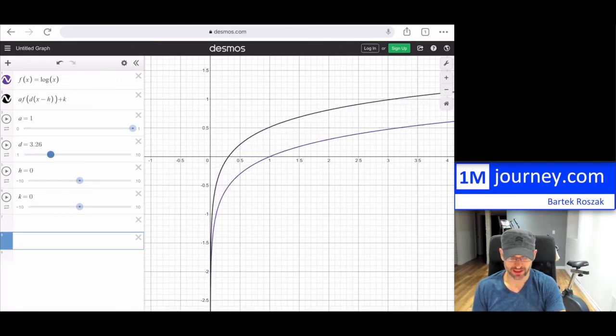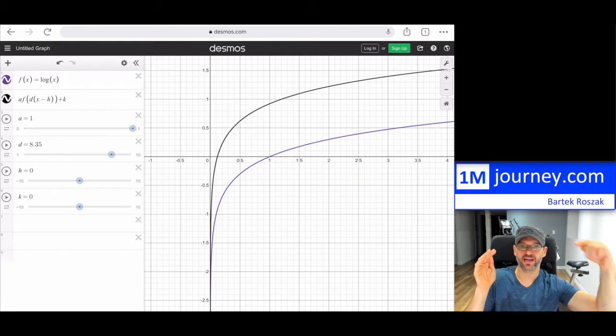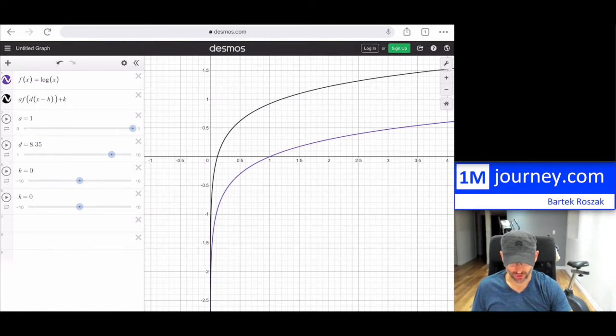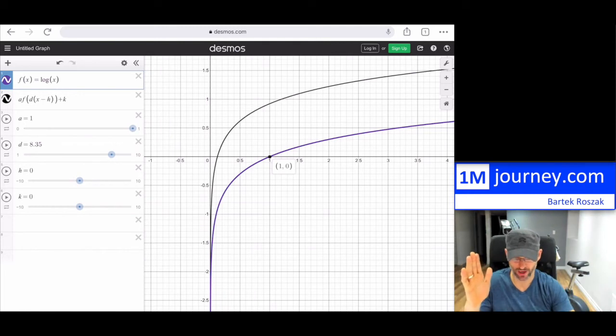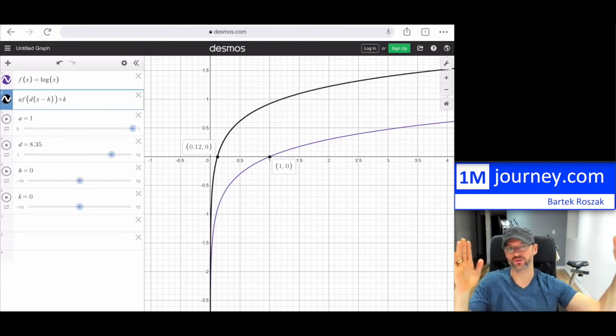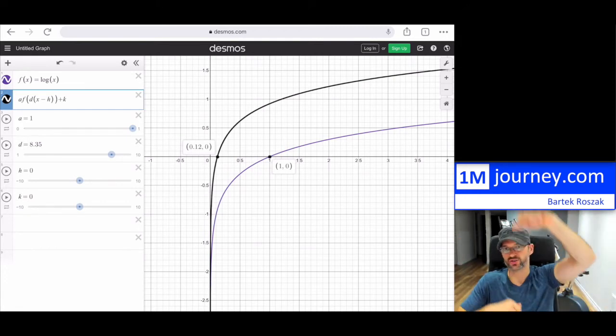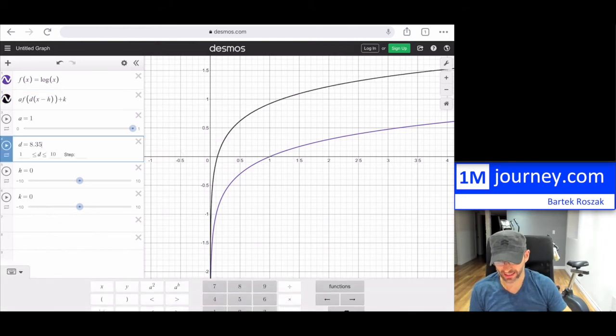Notice that as I make this bigger and bigger, it takes the original and squashes it in this direction. So if I had the point 1, 0, this is going to get pushed over all the way to this point, which is 0.120. So it just squashes it over, and any other point will get squashed over in that direction. It's almost like it's getting compressed in here, and it looks like it's getting stretched in the y. Now, if my d was between 0 and 1,